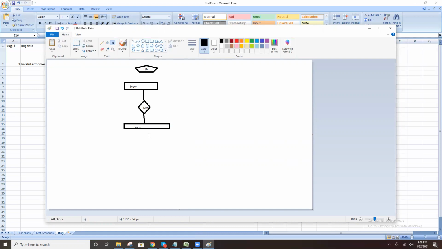Then sometimes developers also reject the bug, saying this is not a bug, this is as expected.